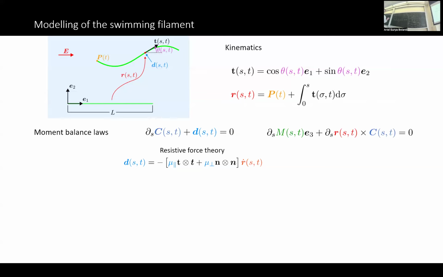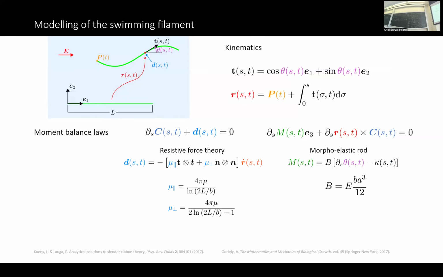But there are reduced theories for viscous drag, which allow us to represent the drag as proportional to the velocity of each point of the filament by two coefficients, which have recently been computed for ribbon geometries. So that's what we adopt. As for the bending moment in the angular momentum balance,